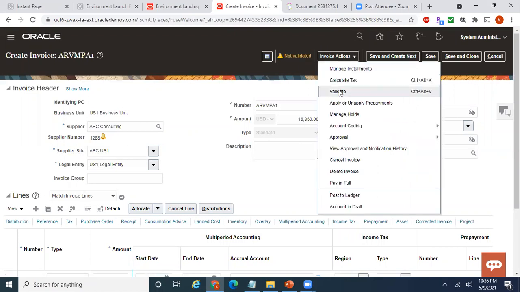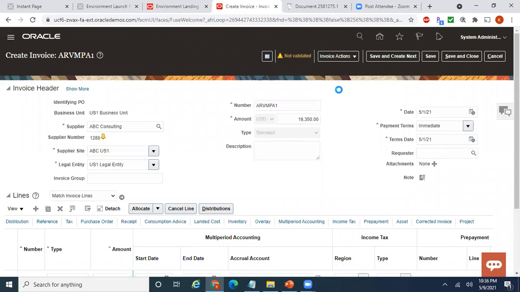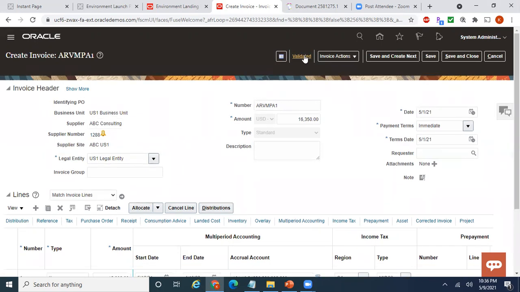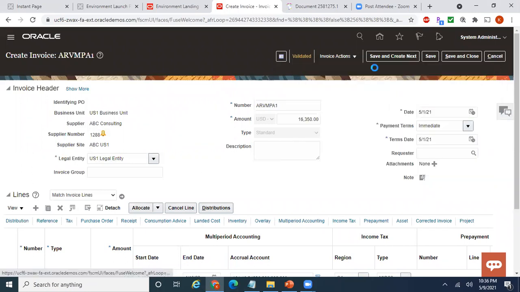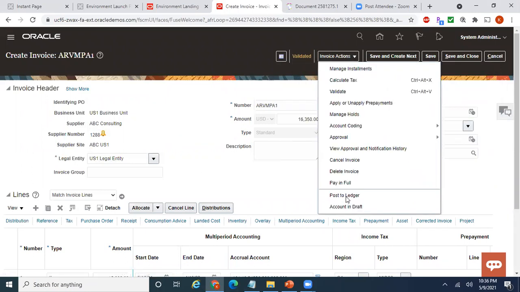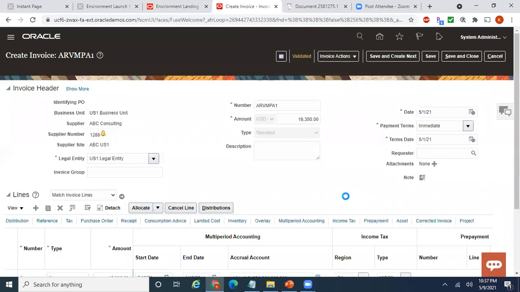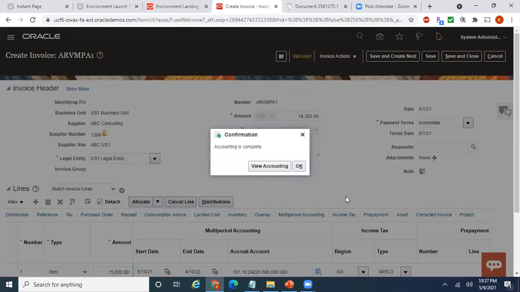Okay. Validate. It's validated. So if you click on validated, you'll be able to see that it's validated. But as far as the accounting is concerned, it says unaccounted, so it's not yet accounted. So now account, which is post to ledger. Post to ledger will create accounting in final mode as well as transfer those entries to GL. So accounting is completed. If you click on view accounting,